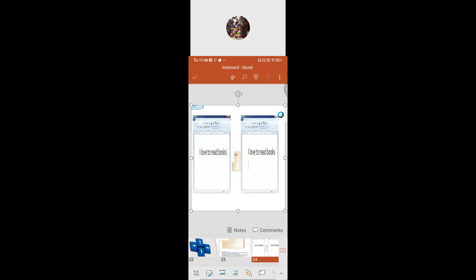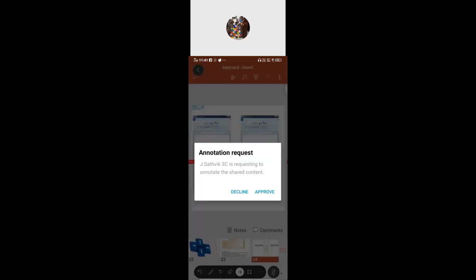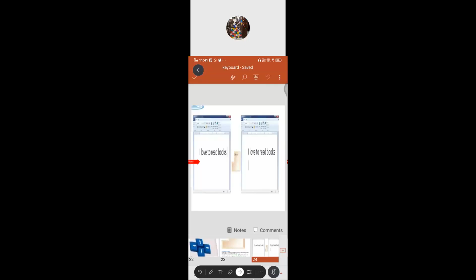I love to read books. Now we are going to type the next line. So you started to type here: I love to read books. If you want to come to the next line, as soon as you complete the end of that line, if you press the enter key, you can get to the next line. If you see that one, the cursor, where are you seeing it now? The next line, you are ready to type. So for that purpose only we are using the enter key.